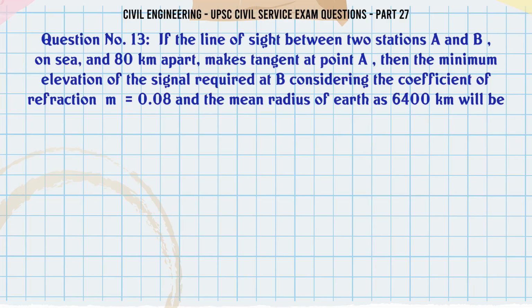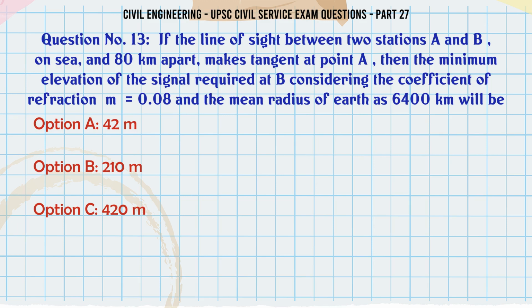If the line of sight between two stations A and B, 80 km apart, makes a tangent at point A, then the minimum elevation of the signal required at B, considering the coefficient of refraction m = 0.08 and the mean radius of Earth as 6,400 km, will be A. 42 m, B. 210 m, C. 420 m, D. 840 m. The correct answer is